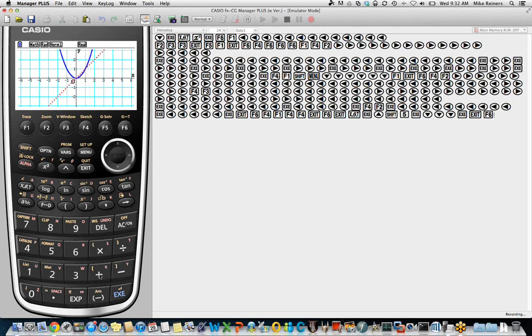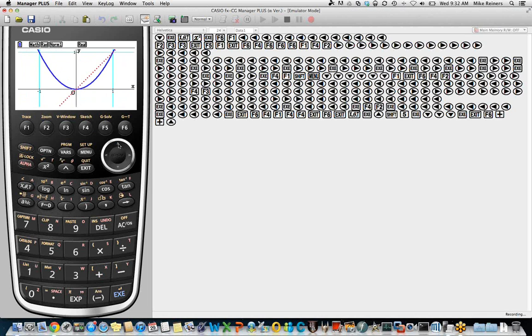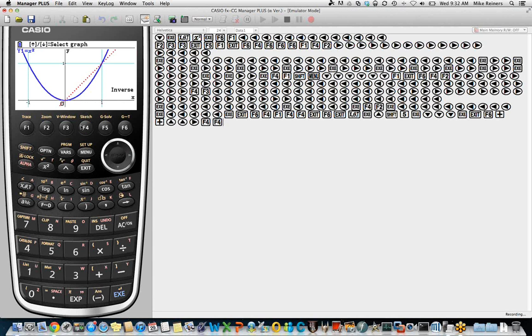So I'm going to zoom in. I'm going to use a hotkey here. If you press the plus key on the Prism calculator, you'll zoom in automatically. And this allows me to see the intersection of this parabola with y equals x. And now I can go in and sketch the inverse. It asks me to select which graph I'd like to graph the inverse of. You notice my parabola is flashing. If I press the up arrow, then I'm selecting that dotted line y equals x. Well, I don't want the inverse of that, so press the up arrow again to get my parabola back. Press execute to indicate that's the graph I'd like the inverse of.